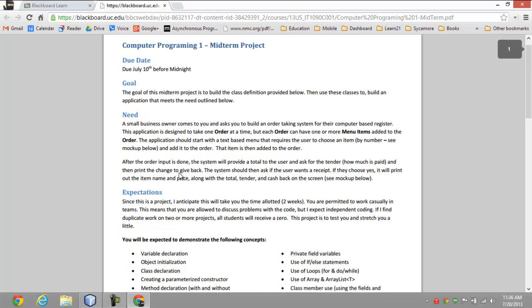So the goal of the midterm is to build class definitions provided below and then use those classes to build the application that meets the needs outlined. So the basic idea here is that we're trying to build a system that allows someone to function a cash register. They'll have an order, they'll have menu items that can be ordered, and then it's just a matter of